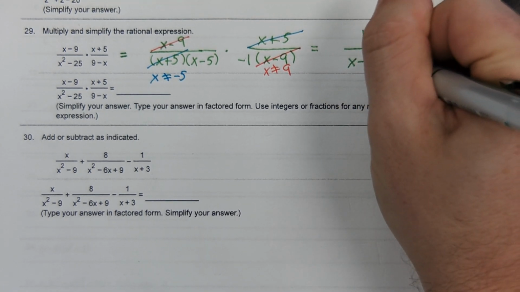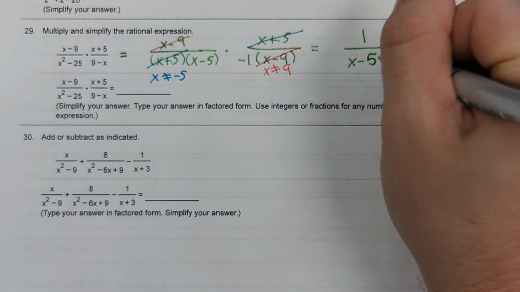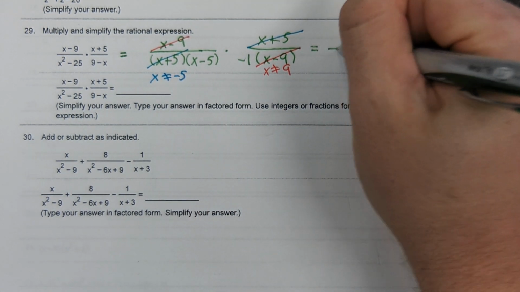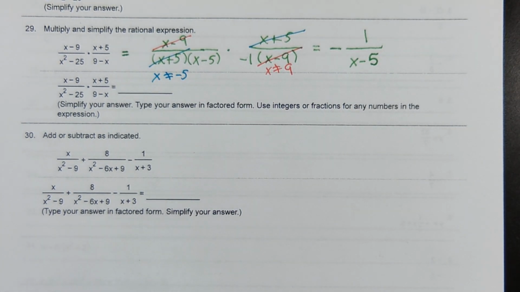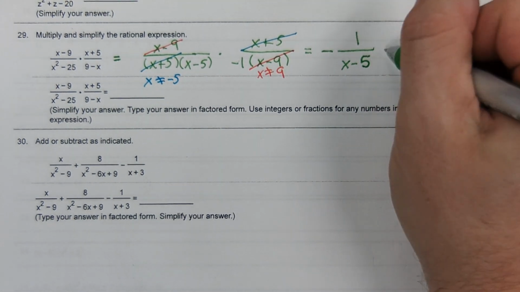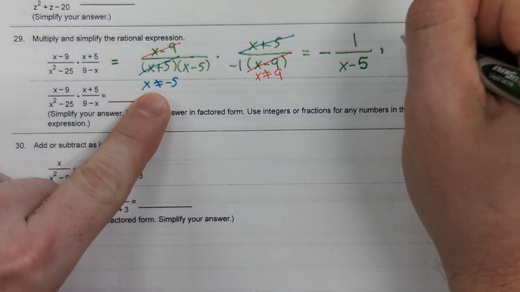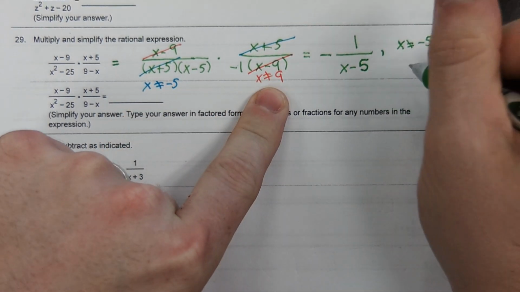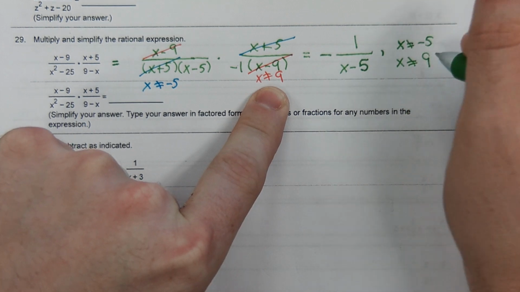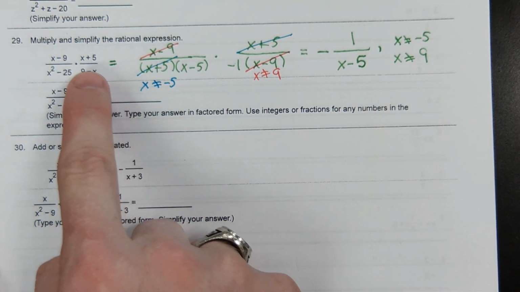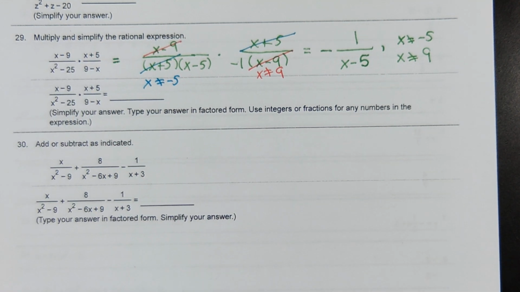And for fractions, it doesn't matter if you say the top is negative, the bottom is negative, or the whole thing is negative. So I'm going to take this negative sign and put it right there because I think that's pretty. Of course, this is only showing me x can't be positive 5. It's not showing me, like it used to, that x also can't be the number negative 5. And it also cannot be the number x equals 9. There you go. Now that and that are identical. And lastly,